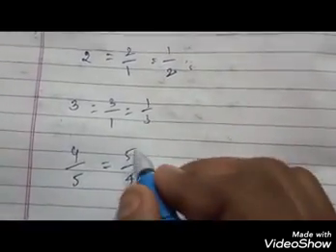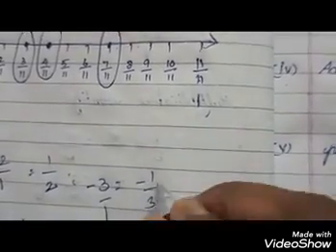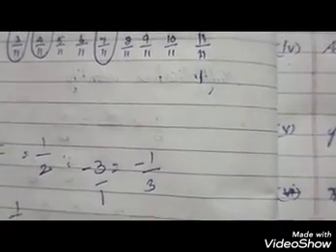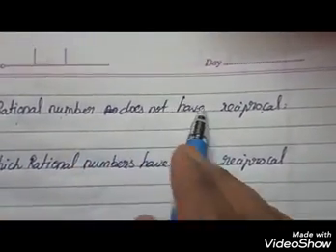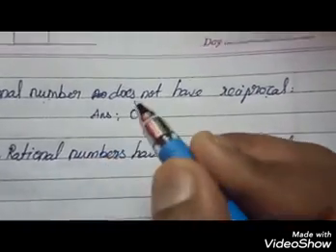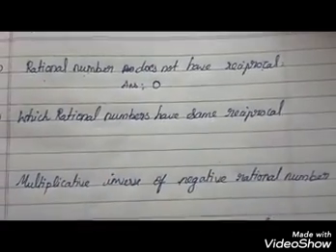So for all the values, now think about negatives. Minus 3 can be written as minus 3 by 1, and its reciprocal becomes minus 1 by 3. For a reciprocal you need not change the sign. But 0 by 1 has a reciprocal that is undefined. So the rational number that does not have a reciprocal is 0. Answer: 0.